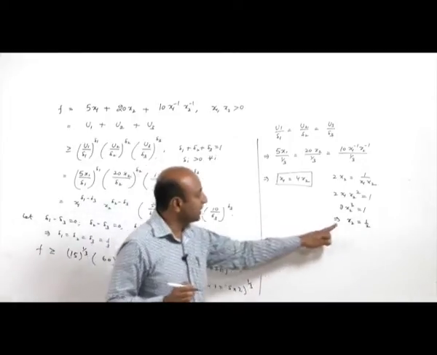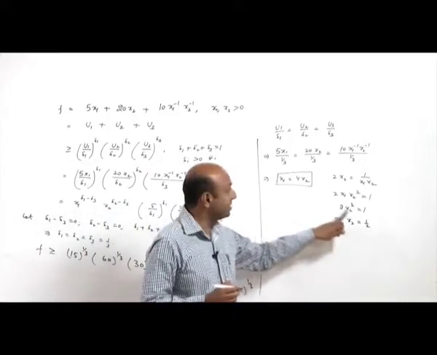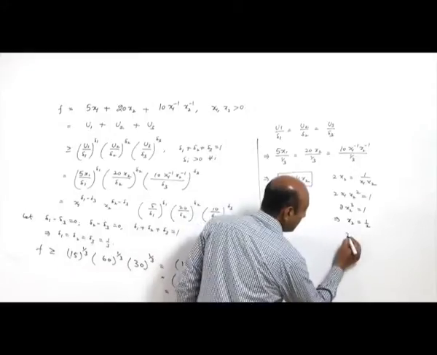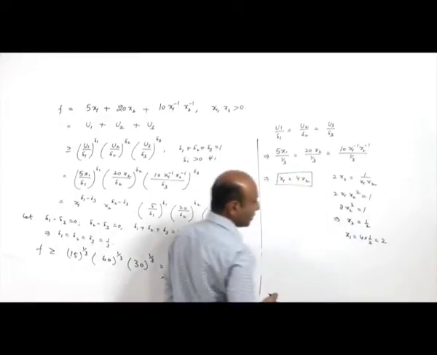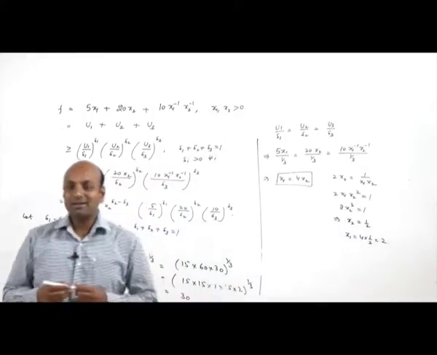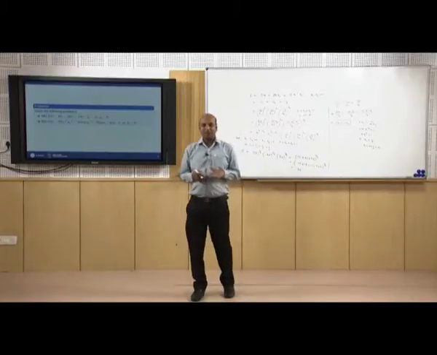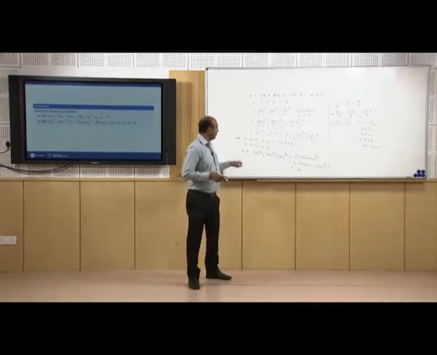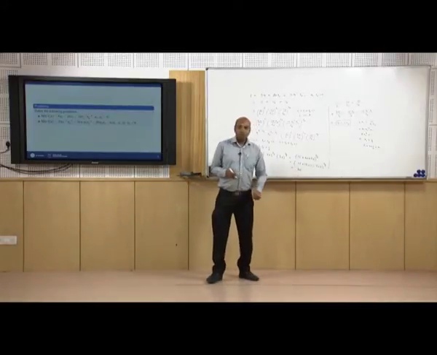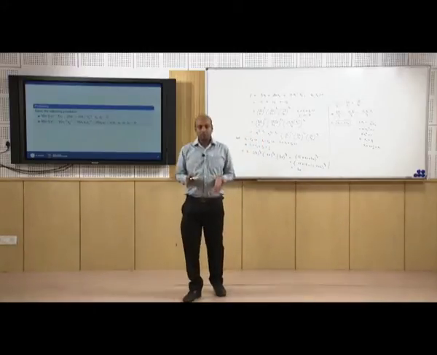And when you substitute x2 equal to 1 by 2 in this expression, we obtain x1 as 4 into 1 by 2, which is 2. So, the optimal solution of this problem is x1 equal to 2, x2 equal to 1 by 2, and the minimum value of f is 30. So, in this way we can solve such type of problems.